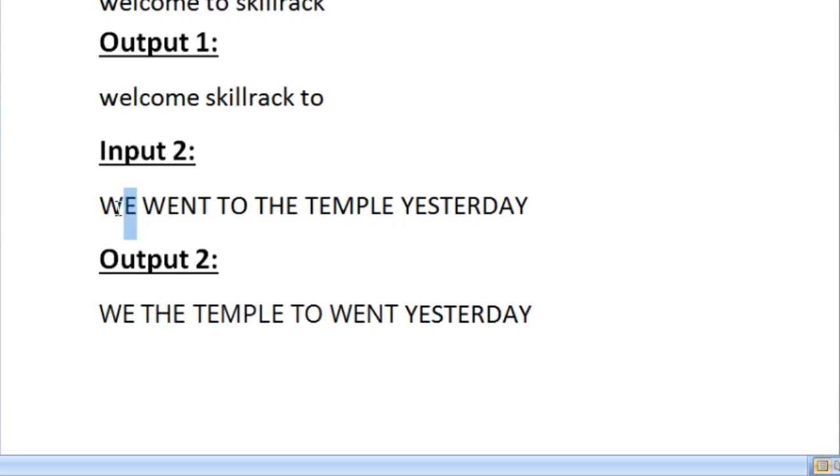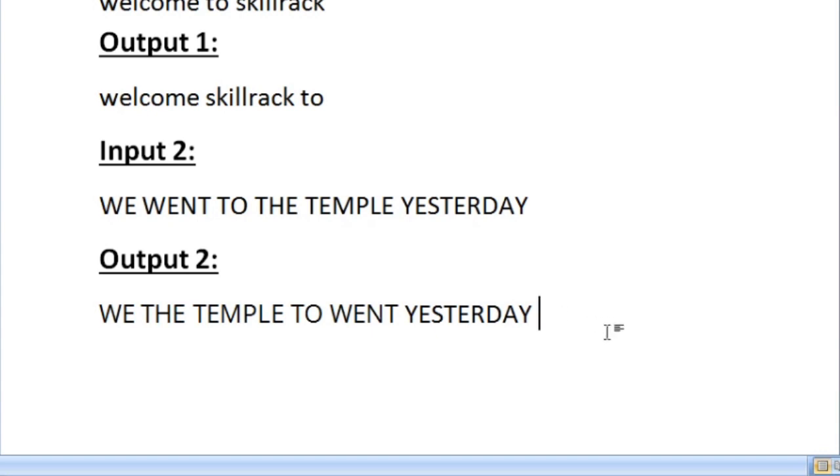So they are printed according to their order of occurrence. V has occurred first, so first V is printed. Then the has occurred, so we are printing the. And finally temple has occurred, so we are printing temple. All the remaining words are sorted based upon their last characters.